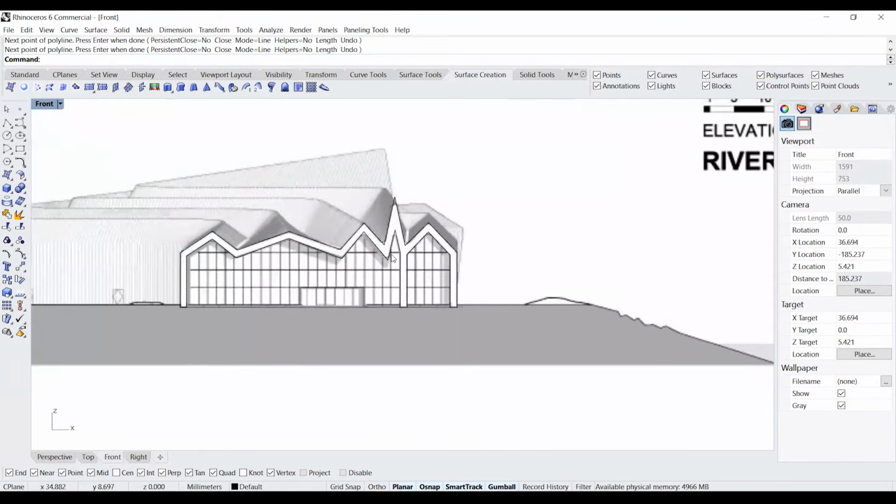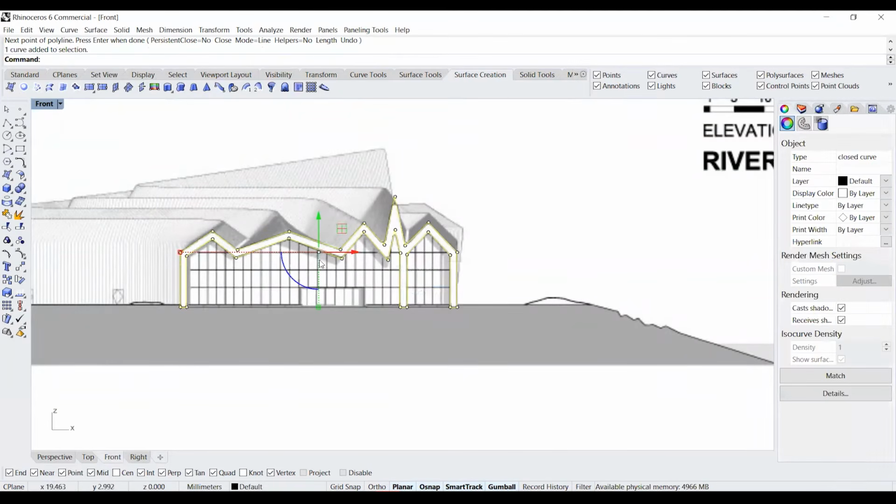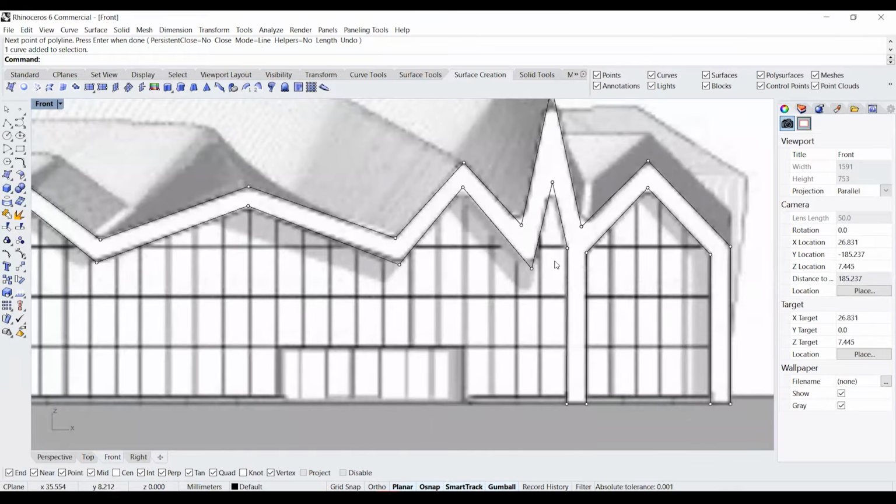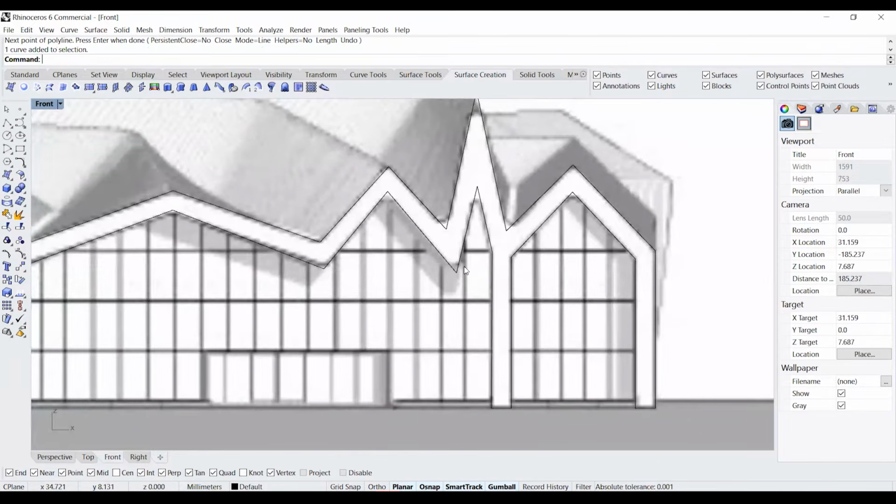Now we have our curve defined here. The next thing we need to do is make sure that all these edges are not sharp. We're just going to soften the edges using fillet. Instead of using fillet corners, we are going to use the normal fillet, because if we use fillet corner, these edges at the bottom are also going to get filleted, and we don't need that.